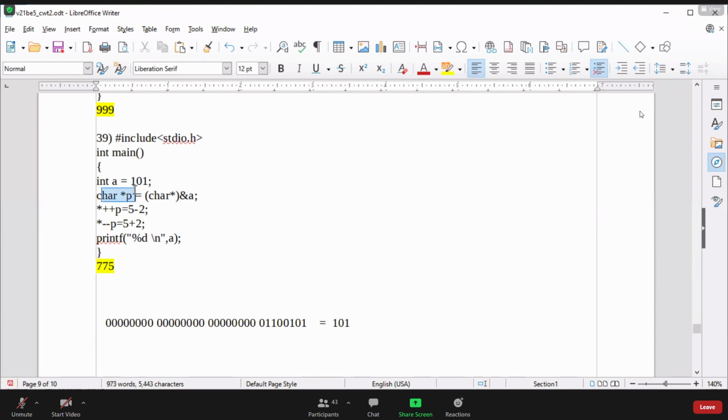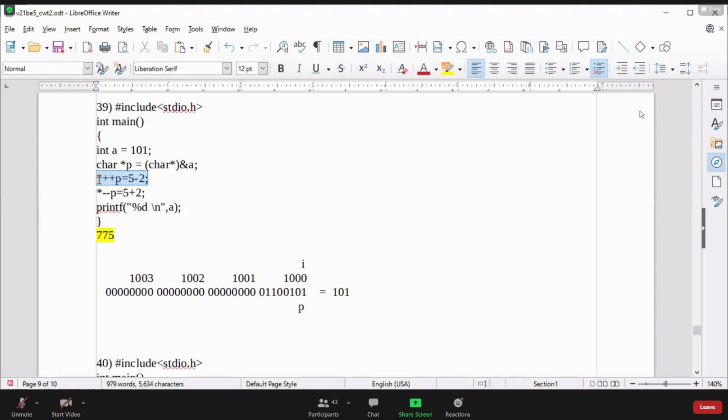Now the character type pointer. The pointer is pointing at the base address of i. P is pointing at the starting address. Let me do the address representation also, so it will be clearer for you. I will take 1003, next 1002, next 1001 and next 1000 as the starting address of variable i. Where i is located, pointer P is also pointing at the same location. It's a character type pointer. I hope these first two lines are clear for everyone.